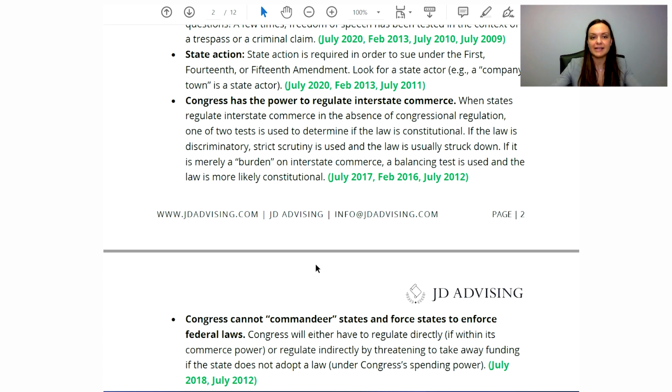The way they've tested this topic in recent administrations is they give you a law in your fact pattern. Sometimes they give you multiple portions of a law that was passed, and they ask you to evaluate the constitutionality of it. Oftentimes when this has happened, different tests apply to different portions of the law because, again, they're asking you to evaluate the different pieces of it. So being familiar with these tests is helpful, so you know when to apply which test.